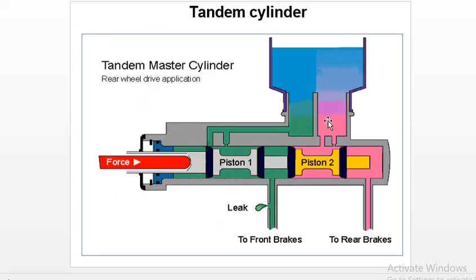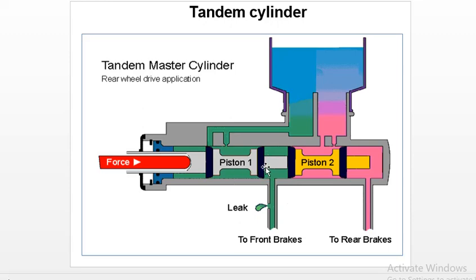Then next, the tandem cylinder. In the tandem cylinder, we apply Pascal's law. In the case of the hydraulic jack, as we have seen in the first video of unit number 1, the exposed area is larger. If the exposed area is larger, then we can develop a larger pressure and larger force. By means of a smaller force, we can develop a larger force. So multiplication of forces we have seen in Pascal's law.